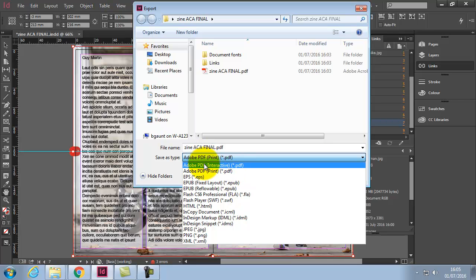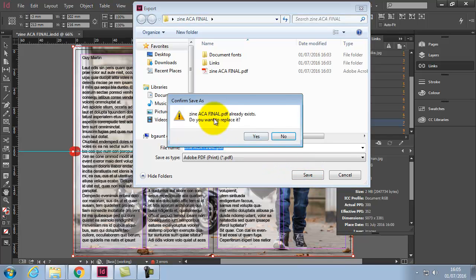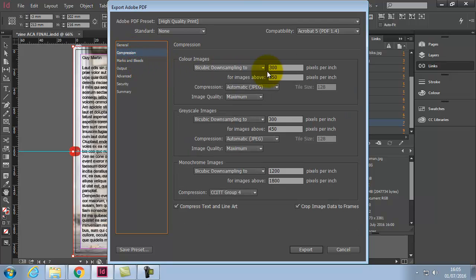So what we're going to look at is PDF for print. So we select PDF for print, and I'm going to do save. We've already got one there, and yes, I'm going to replace it. Let's have a quick talk about what we can see. General is exactly what it sounds like. If you look through this, there's nothing really unusual here. But what we do want to have a quick look at is compression, where you can tell it to downsize or really reduce the file size